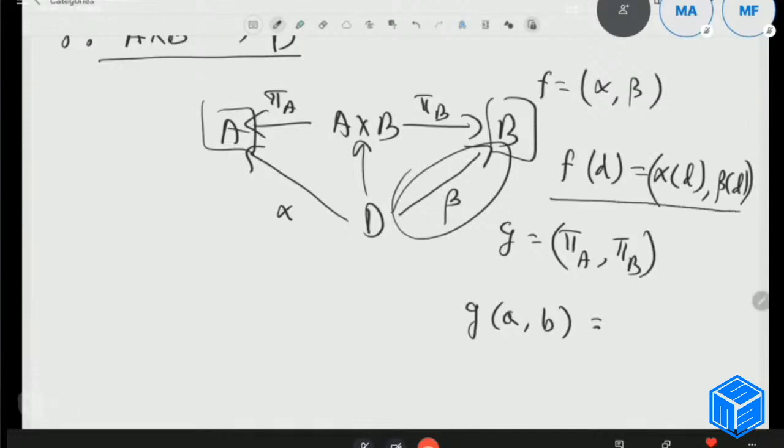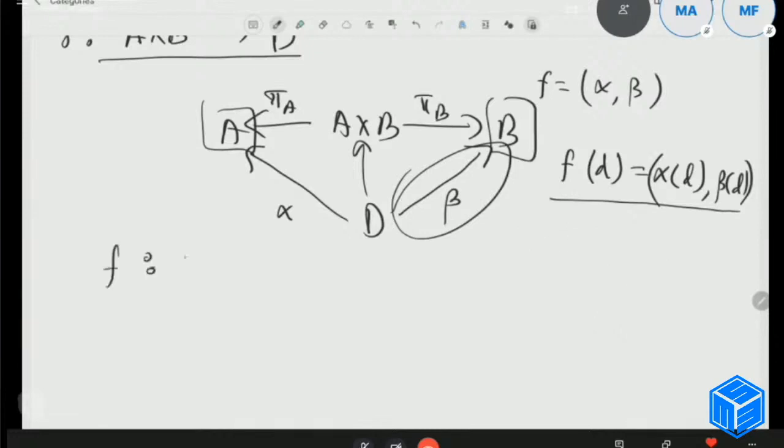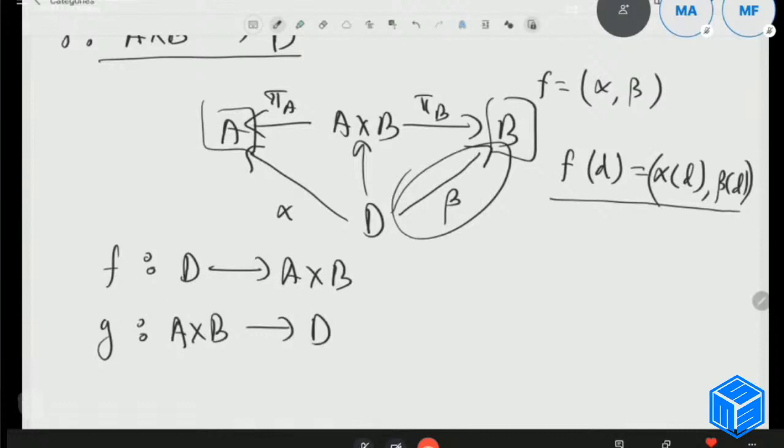Oh, G is a map. So F is from D to A cross B, and G is from A cross B to D. Okay, so G of A, B, what am I going to do? I'm going to go